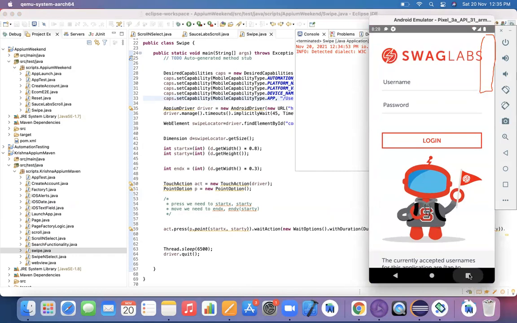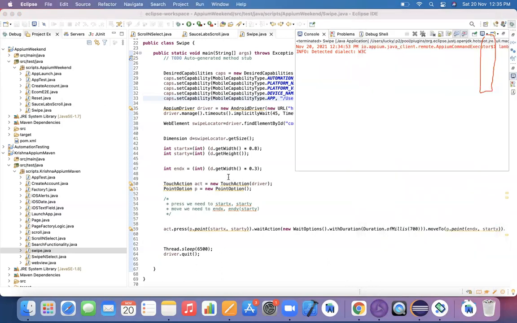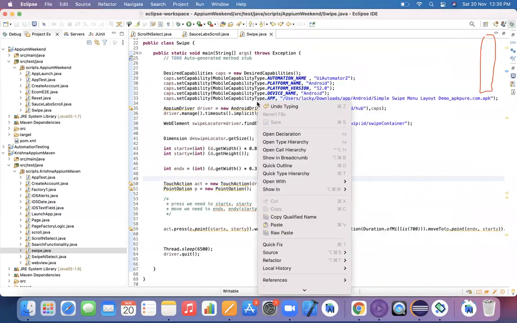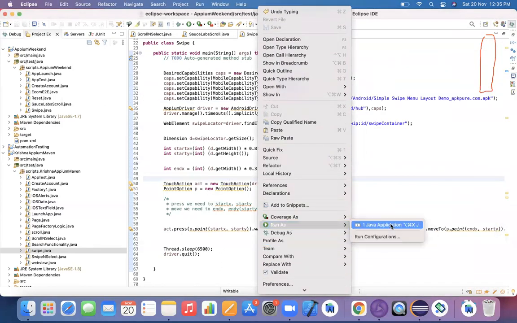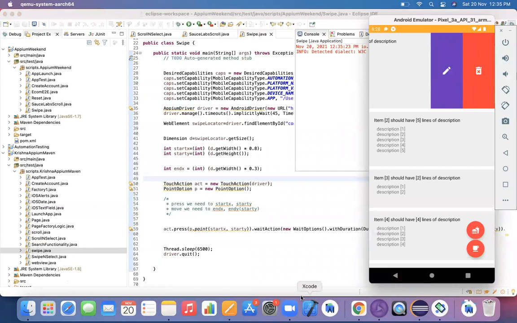Let me kill these instances once. Let me run my script once again, I didn't notice what exactly happened. It's getting executed, and here the operation got performed.